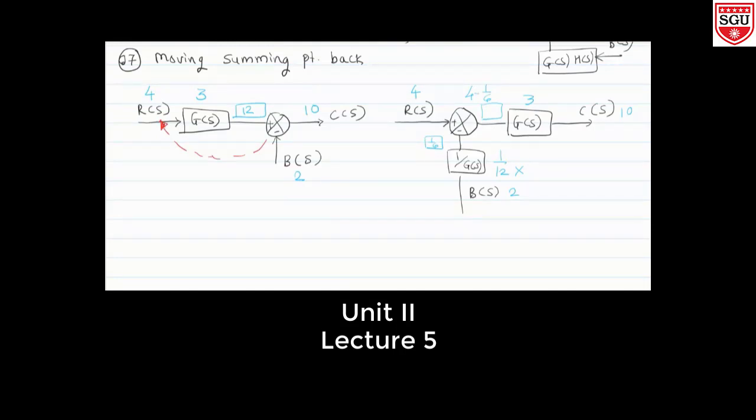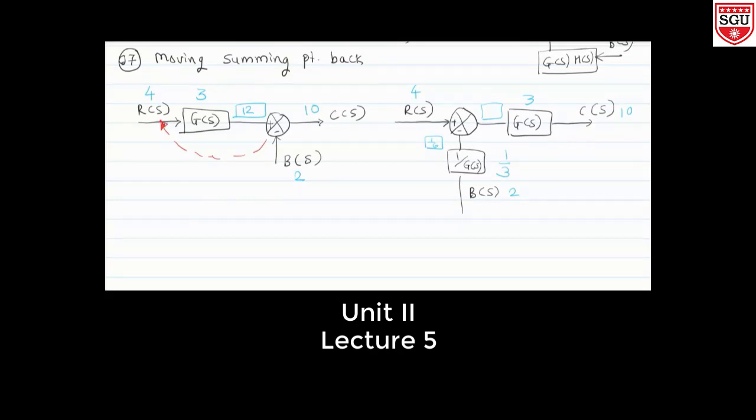Anybody has to ask me from where that 12 comes. G of s has value 3. So the thing is like this. Whatever I am telling, just understand it; only putting the lecture on and not listening will not help you. Okay. So here 1 by 3 will be there.